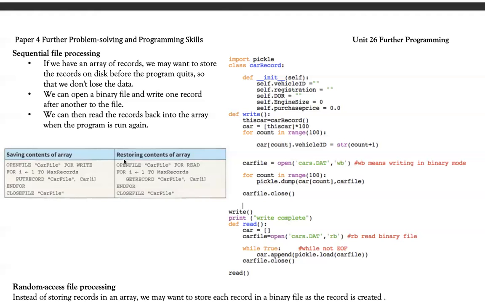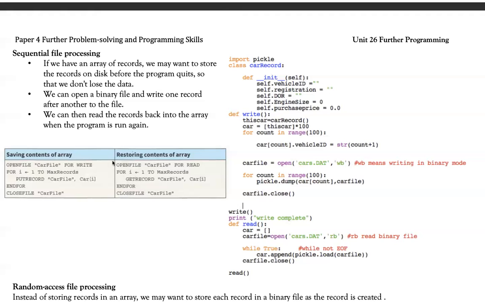Similarly, if I want to retrieve data from a binary file and store it back in some data structure in my main memory because I want to use it now, anything that needs to be run has to be brought into the main memory. Since there are a lot of records, the best option is to bring it into an array.